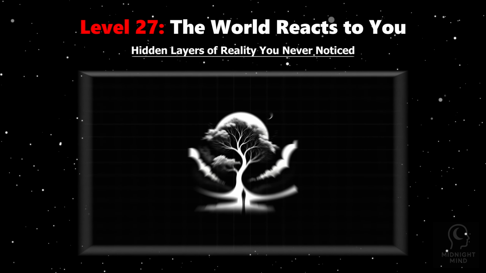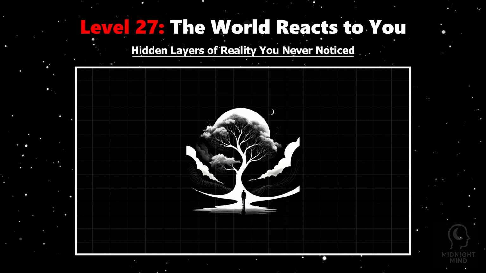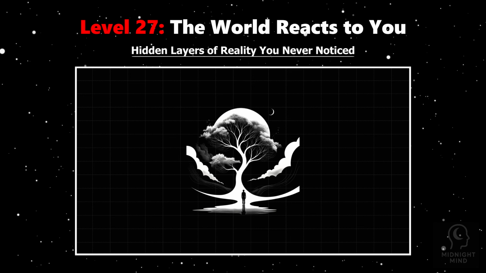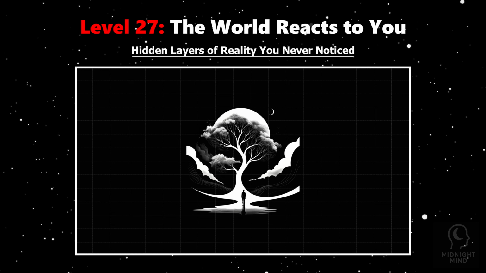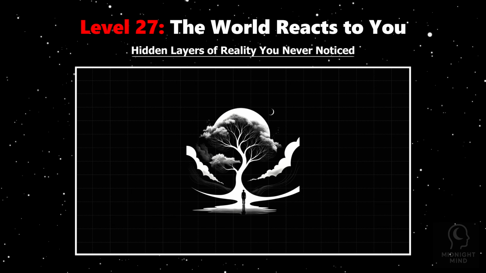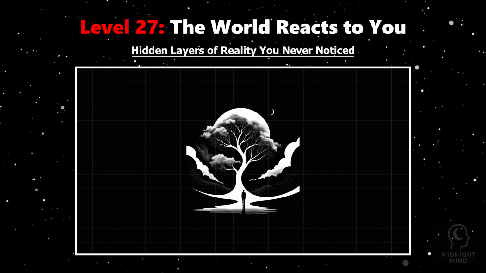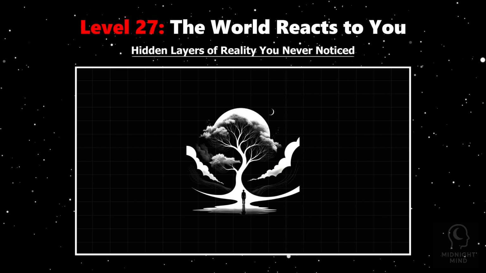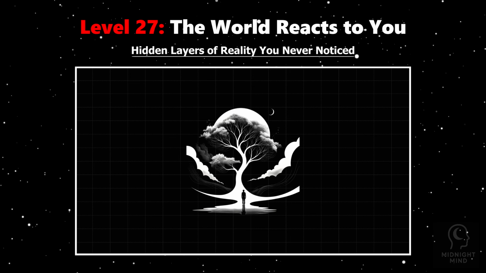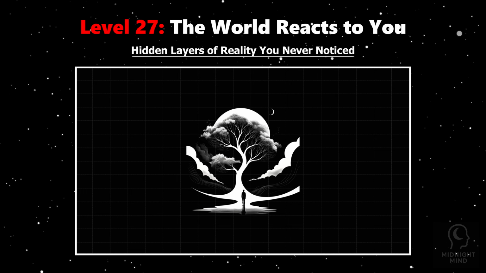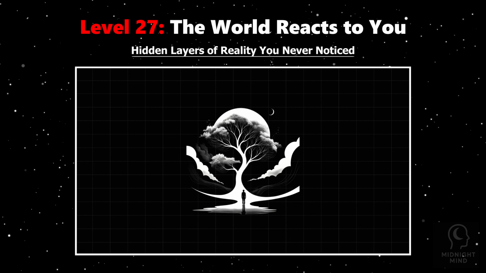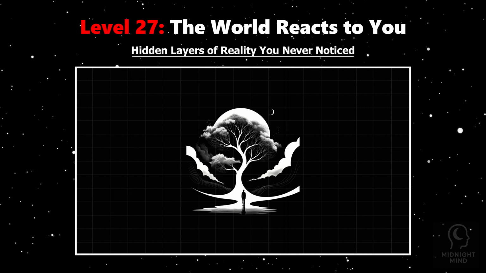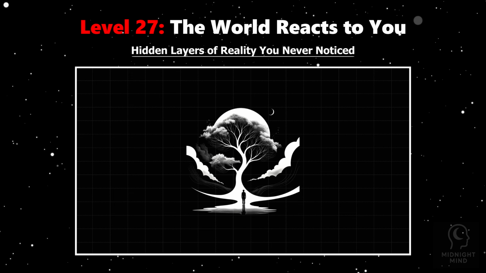Imagine the world around you isn't fixed, but subtly shifting, responding to your emotional state like water rippling in response to your touch. This isn't mere metaphor. It's supported by neuroscience and psychology. Our perception of reality is deeply influenced by our emotions, which shape how we interpret sensory input, social cues, and even physical environments. Studies show that when you're anxious, the brain's threat detection systems heighten, making neutral faces appear hostile, sounds sharper, and situations more dangerous. Conversely, positive emotions can broaden attention, enhance creativity, and make the world seem more inviting and vibrant.